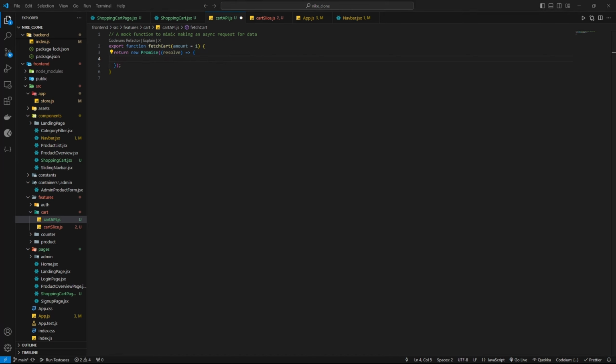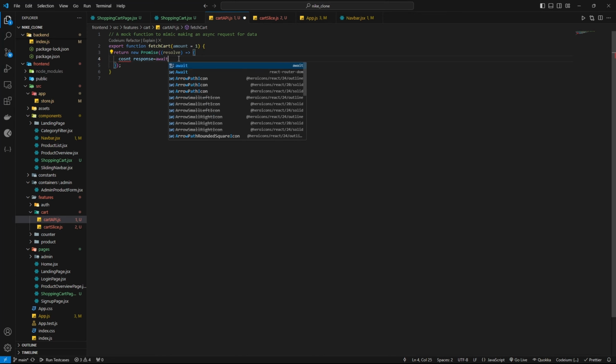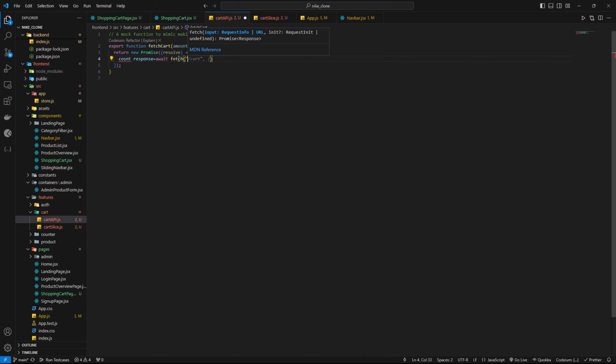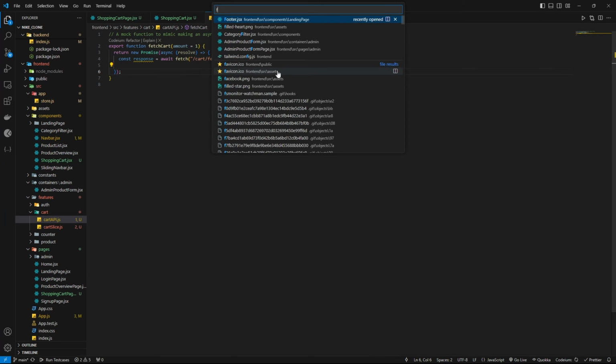So the promise will be something like const response equal to await fetch, and the route was cart slash fetch cart, I guess. Here you need to make it an async function. Now the response is looking good, but let's check this one first in the index,